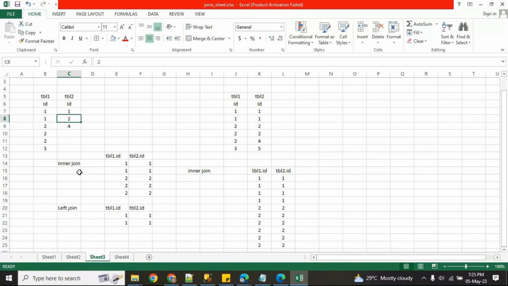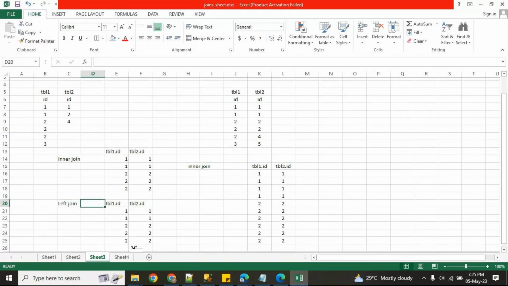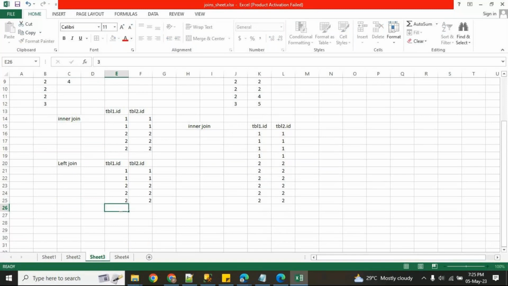One time. The left side table is this one. Now this 3, is it matched with any? No. But here we are using left join, so left side, all the data I want. So 3 I want, and the output for 3 will be a null value.